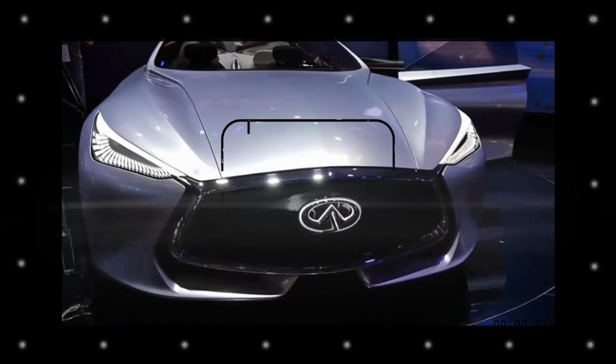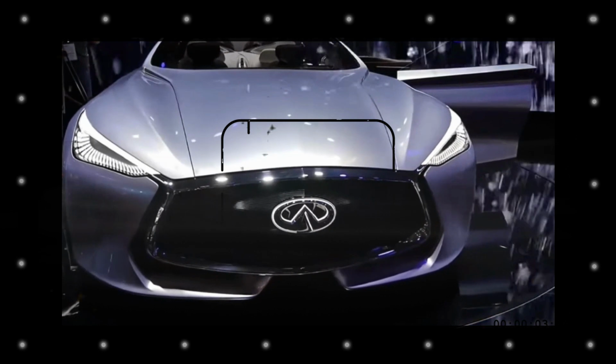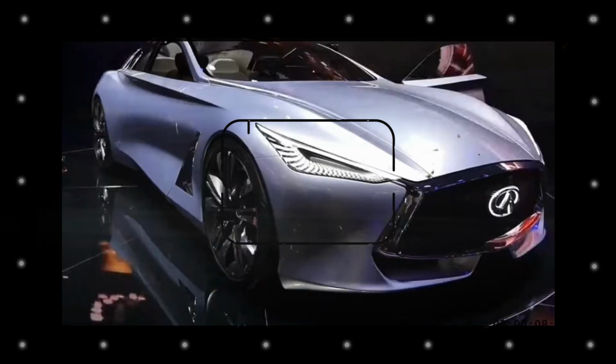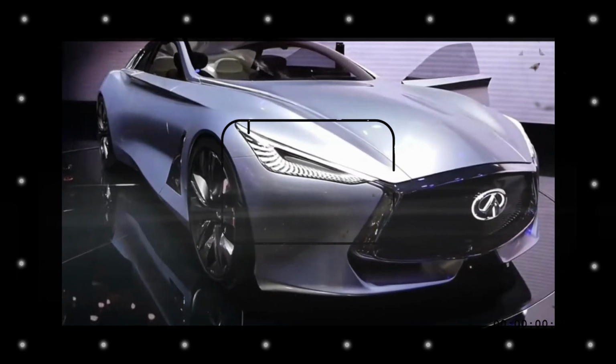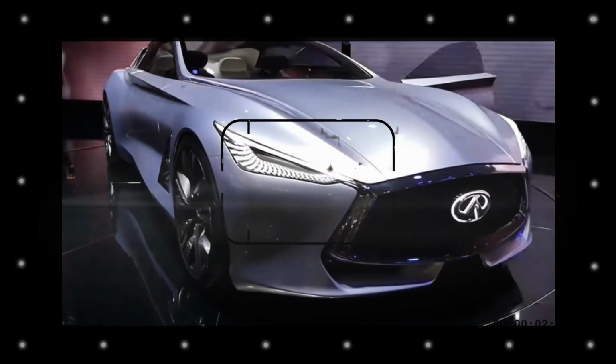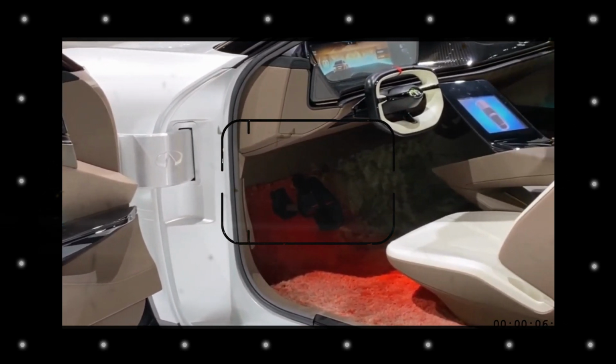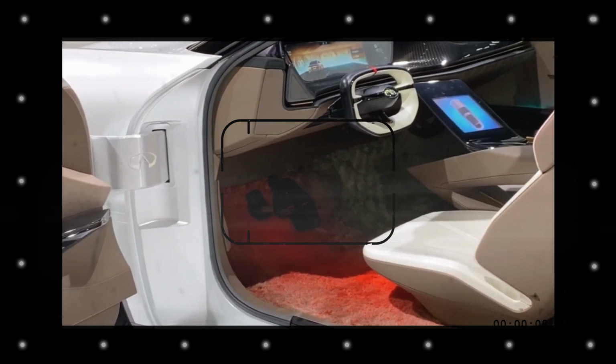On the inside, we're hoping to see an updated interior with a larger main screen rather than its typical 2-screen center stack. However, considering that the 2024 Q50 is coming out as a carryover model, we aren't holding our breath for this change. Existing Q50 models have an 8-inch top touchscreen and a 7-inch lower touchscreen. The upper display is used as the infotainment screen, while the lower screen is used to control